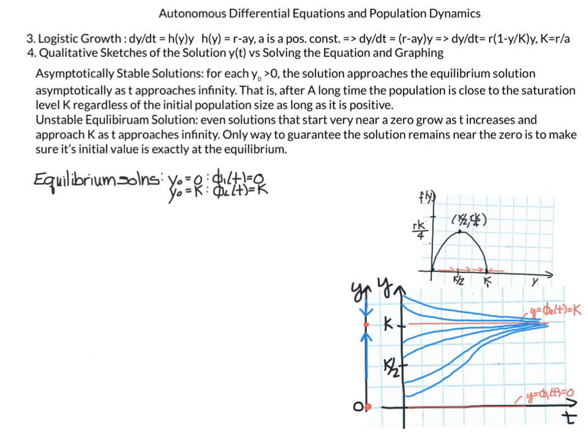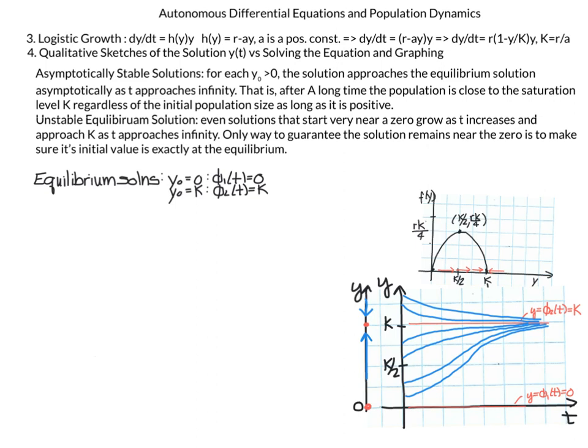That is, after a long time, the population is close to the saturation level k, regardless of the initial population size, as long as it is positive. So it approaches an asymptote. An unstable equilibrium solution, on the other hand: even solutions that start very near 0 grow as t increases and approach k as t approaches infinity. The only way to guarantee the solution remains near 0 is to make sure its initial value is exactly at